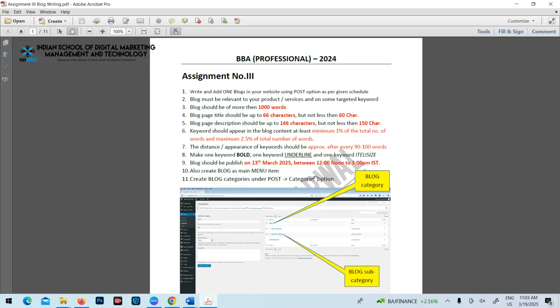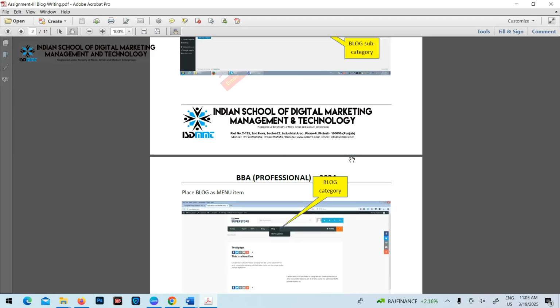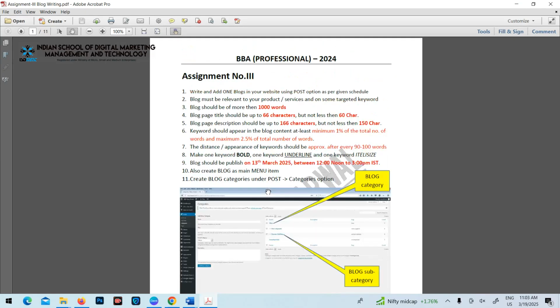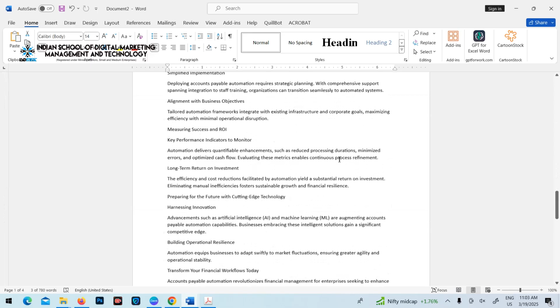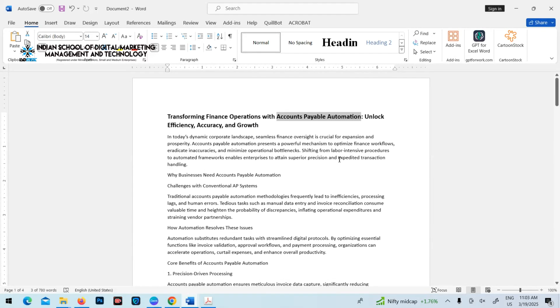So step by step, I'm going to demonstrate the same assignment in 3 different phases. Now, the first phase is writing a blog, for which I have already written a blog on a given keyword. For my blog, the keyword is accounts payable automation. So based upon this keyword, I have pulled this information, or you can say blog, to post on the